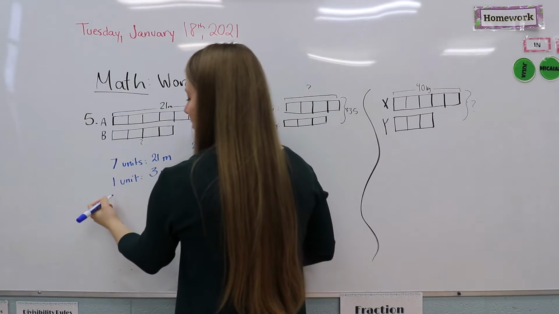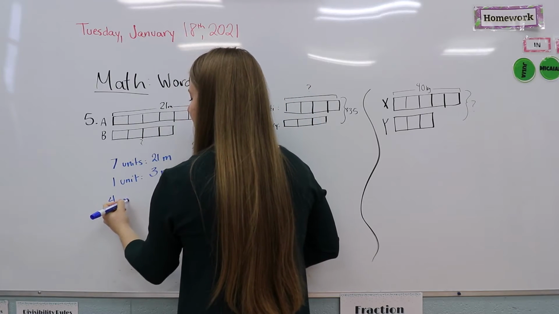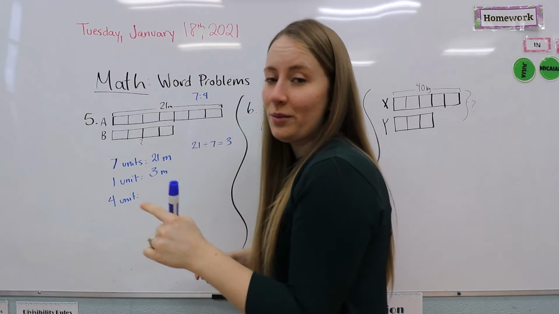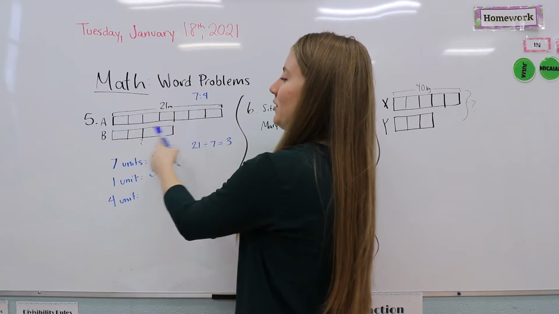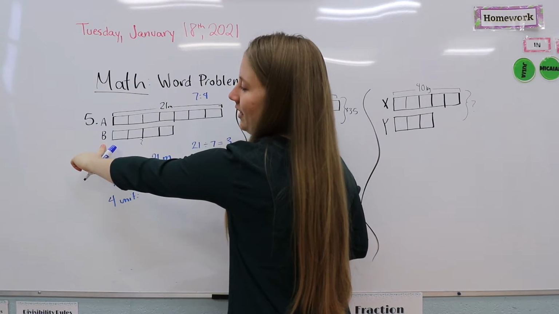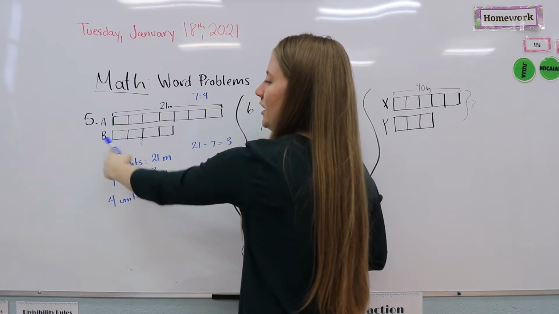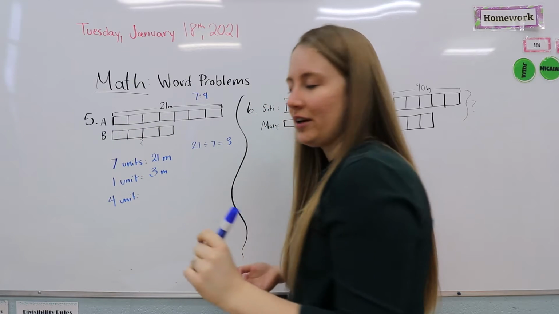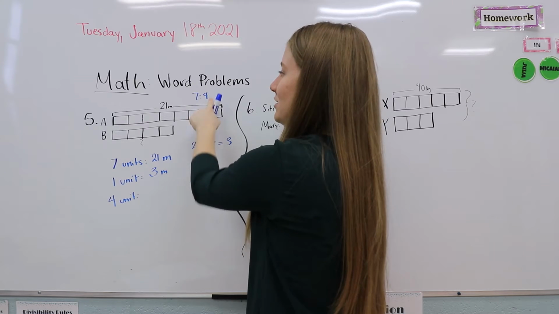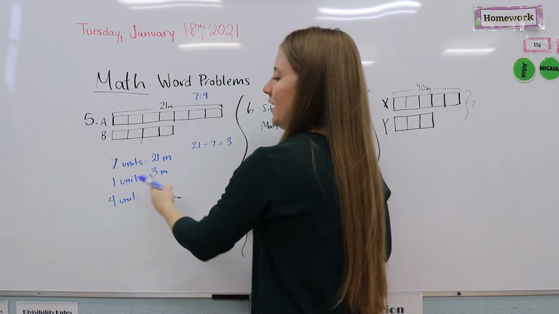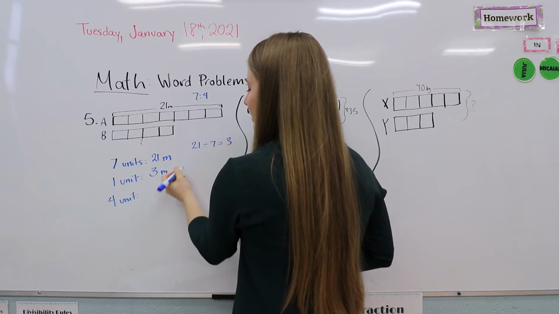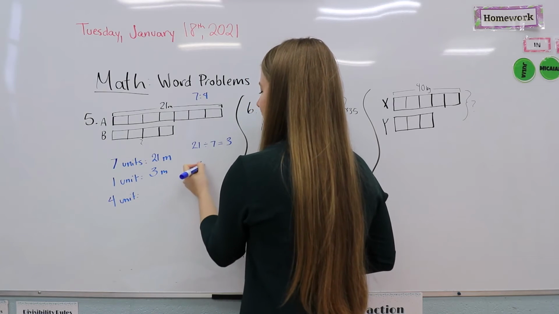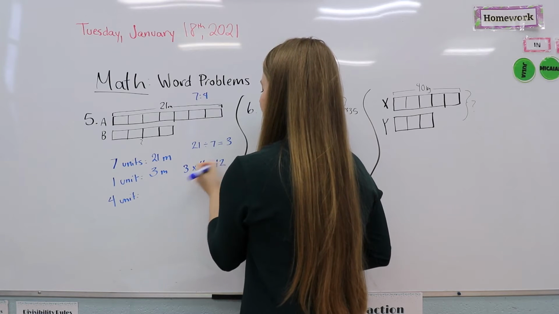So now what we have to do is find our 4 units, because that is what the question is asking us. So when you're reading all your word problem questions, make sure you know what the question is asking you. In this case, it's asking us for the length of B, which we know is 4 units long, because we've got 4 squares in our bar that we've drawn, and because the ratio is 7:4. Okay, so now in order to go from 1 unit to 4 units, we need to do 1 unit, 3 times 4, which equals 12